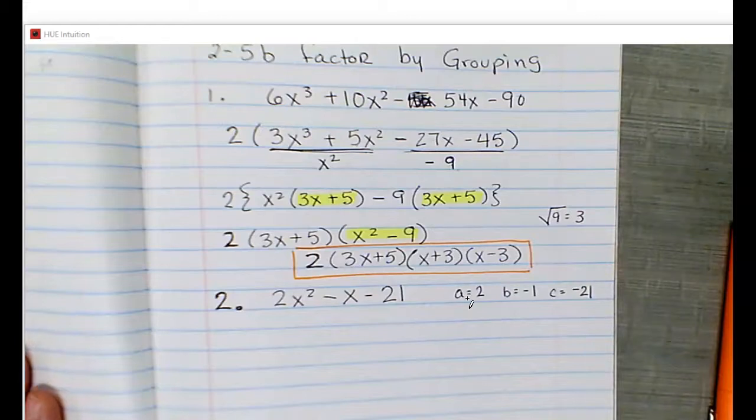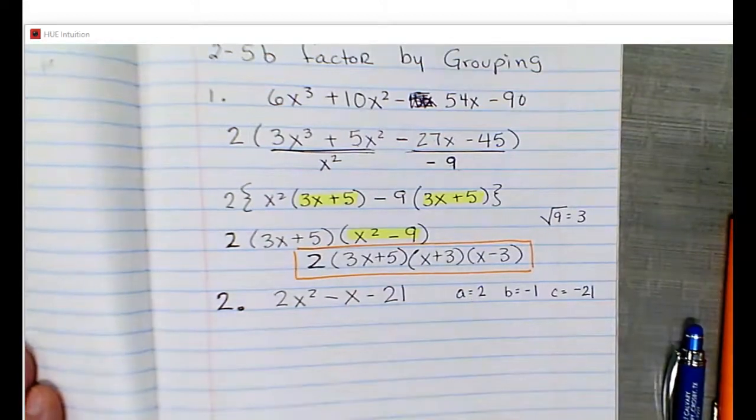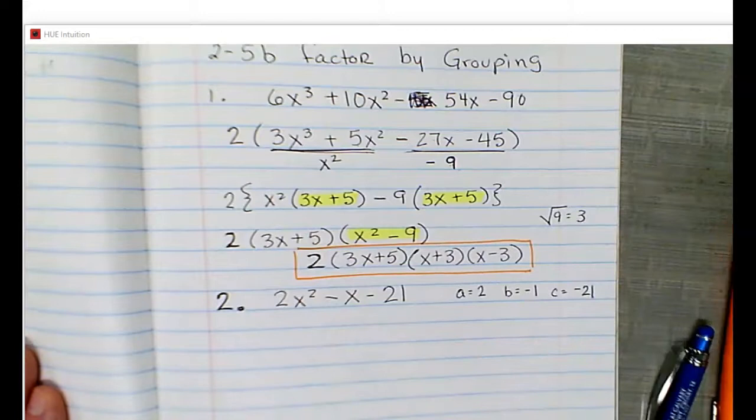But factor by grouping has to have two groups of 2. Can I do two groups of 2 in this form? I am going to have to break it up so that I can have two groups of 2 so that I can use the steps that I just learned. But step number 1 is always GCF first. Is there a GCF here? And I just forgot to turn this back on here. No, I didn't. Okay, so